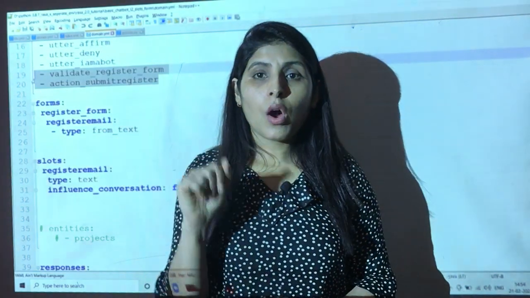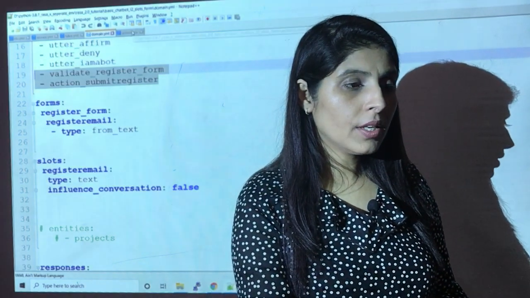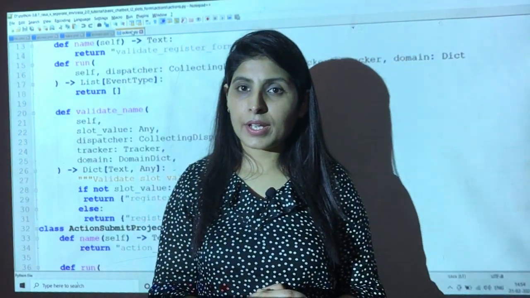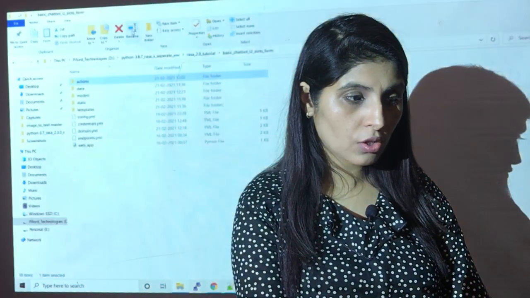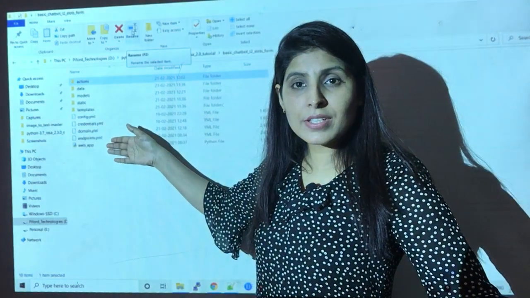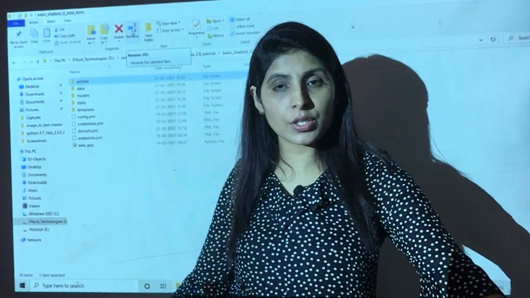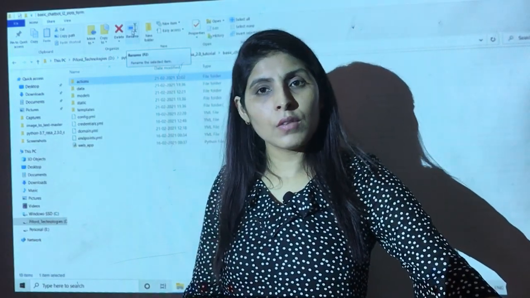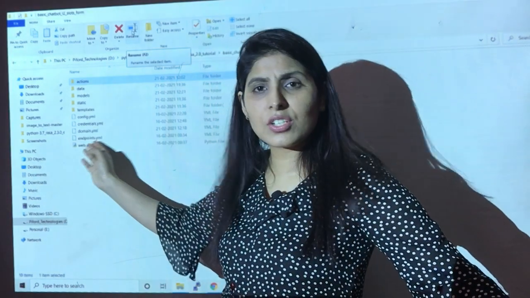Now what we need to do, and this part is really very important, is the actions.py file. In Rasa 2, let me show you the folder structure. First of all, these are all the files and folders. Over here we have one folder with the name actions. In Rasa 1, we did not have any folder with the name actions; we wrote our actions directly over here.